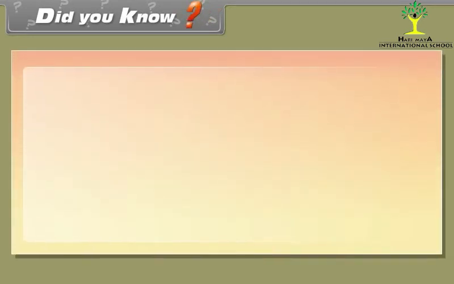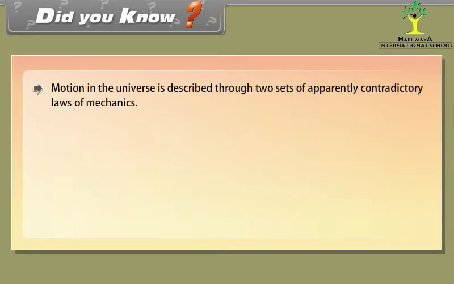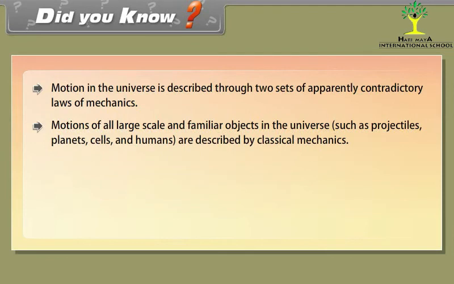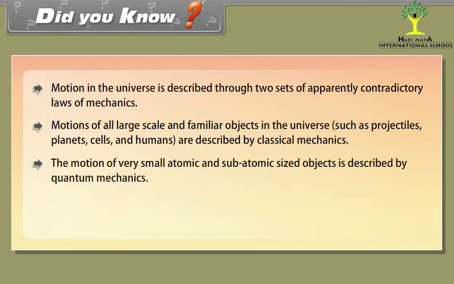Did you know? Motion in the universe is described through two sets of apparently contradictory laws of mechanics. Motions of all large-scale and familiar objects in the universe, such as projectiles, planets, cells, and humans, are described by classical mechanics. The motion of very small atomic and subatomic-sized objects is described by